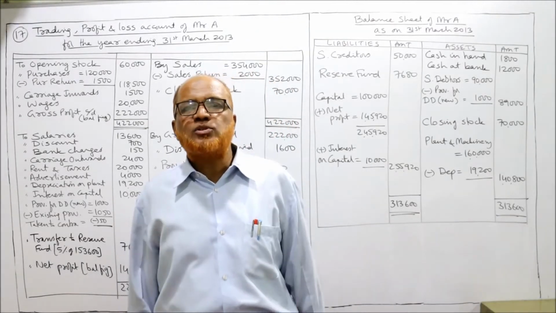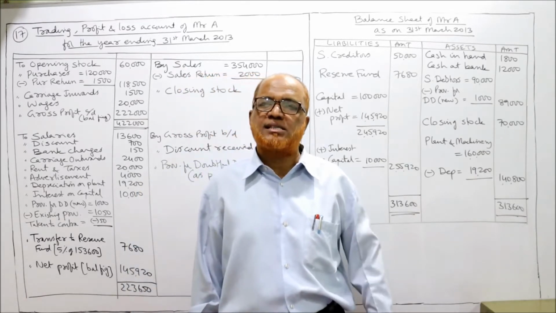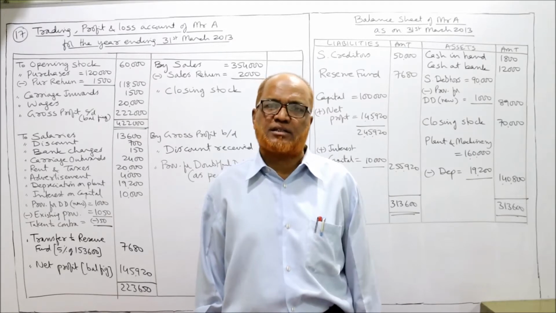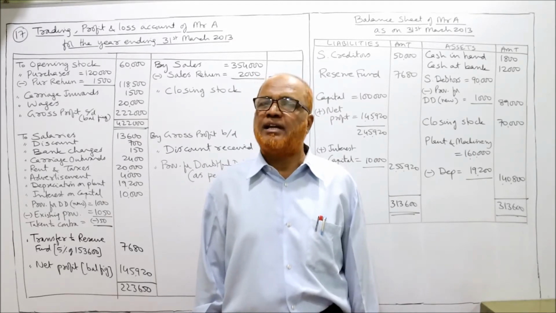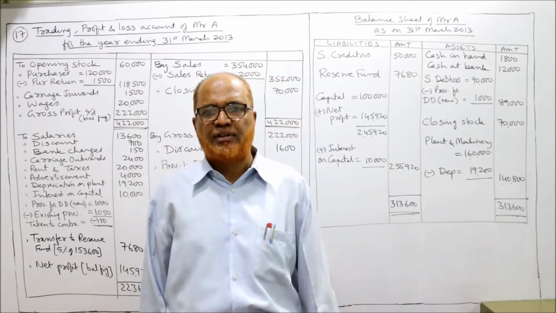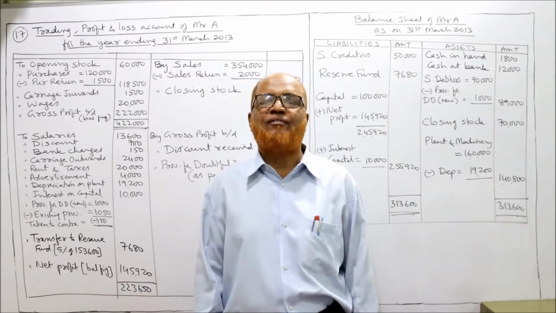Right now we are doing the problems on final accounts of sole trading concerns. So far 16 problems we have completed. Now in this last video I am going to take up two more problems, 17th and 18th. That will be enough, more than enough for having a good grasp on the topic of final accounts of sole